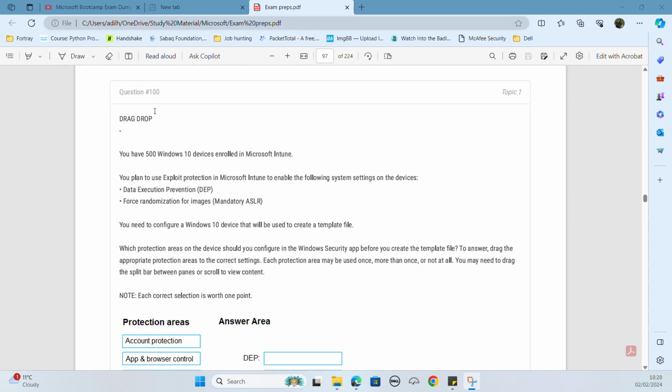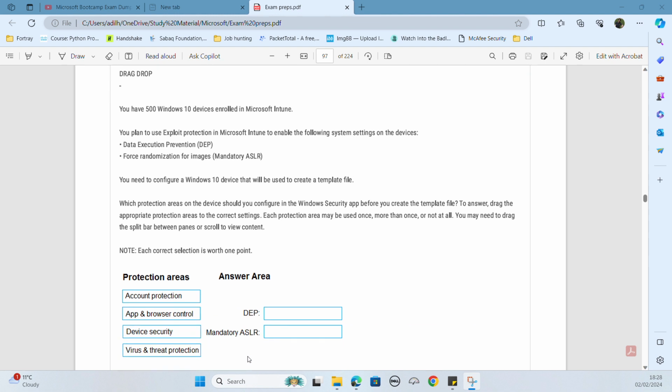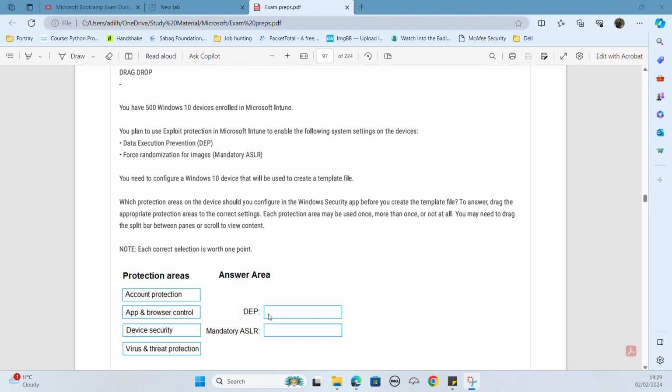Question number 100. I don't know if we have discussed this in the previous video or not, but I'm going to discuss it again here if I have. It's a drag and drop question. You have to drag and drop the relevant option in the relevant box. The two boxes are given for data